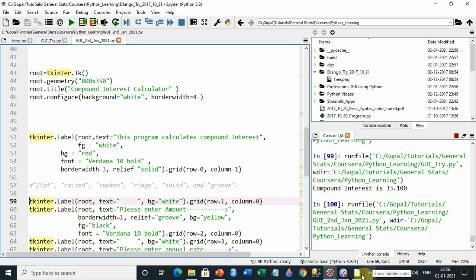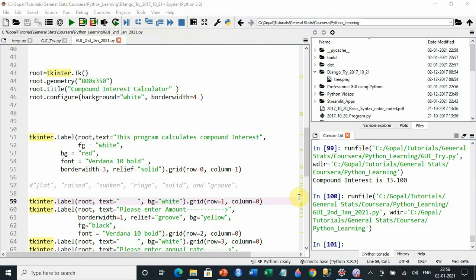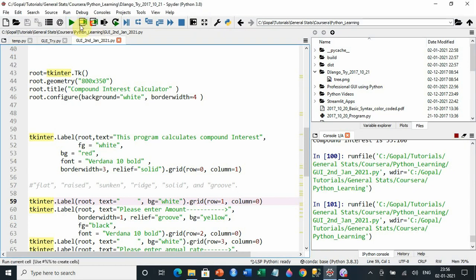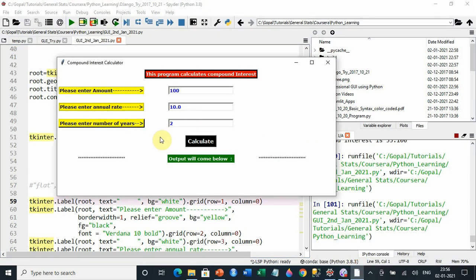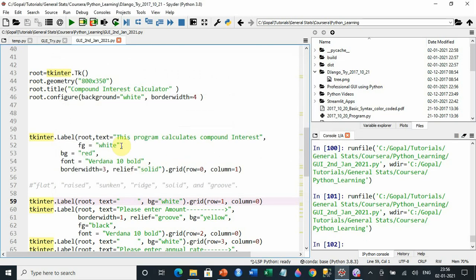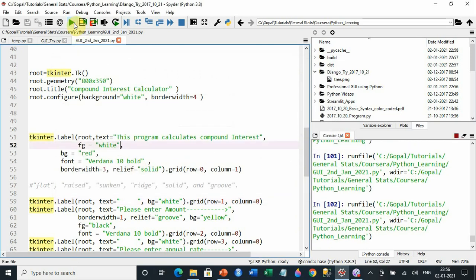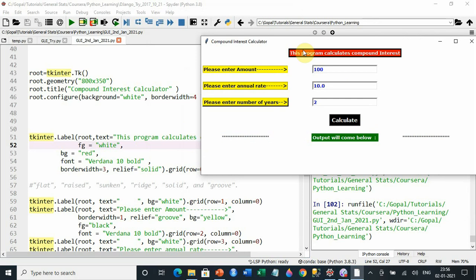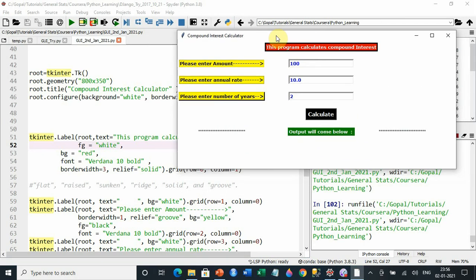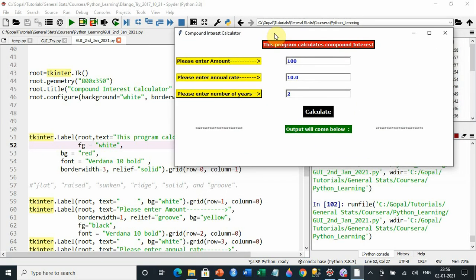Let me just show it to you. So let me close this, and if I run it this time, a gray box will appear here. Let me just see here once again. Sorry, here the background is still white, that's why it is not coming.